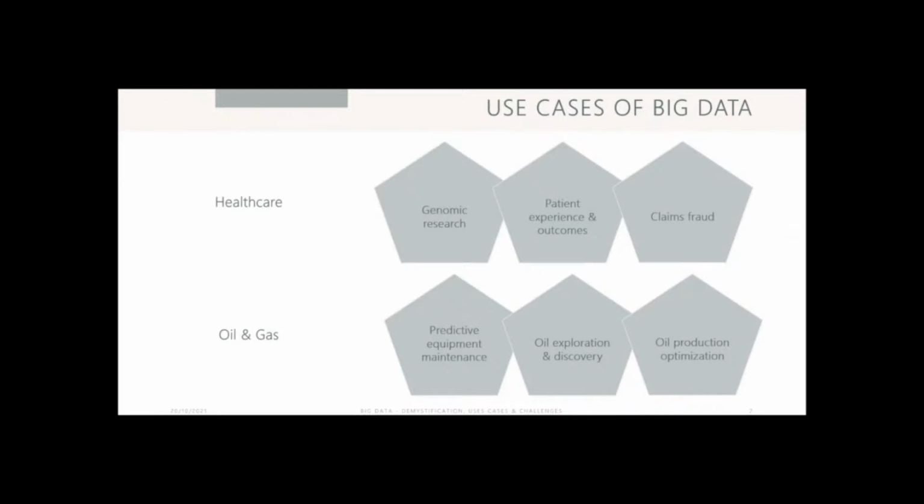In oil and gas, you could use big data to optimize your processes and help with oil discovery and exploration, and predictive equipment maintenance, like we saw in the manufacturing sector. Also in telecommunications, big data can help with optimizing your network capacity, and with customer churn: